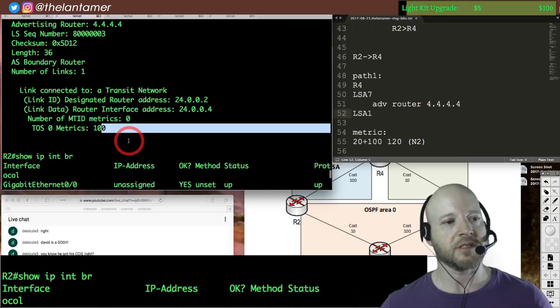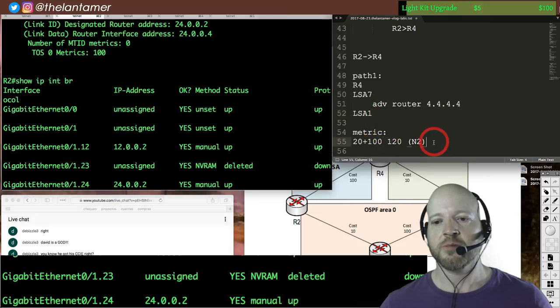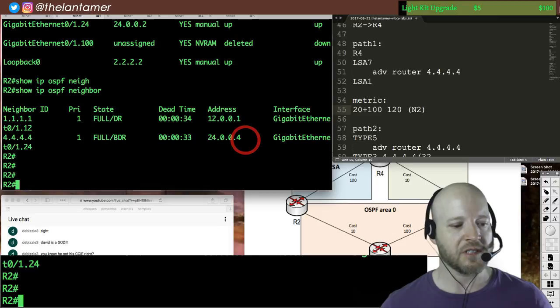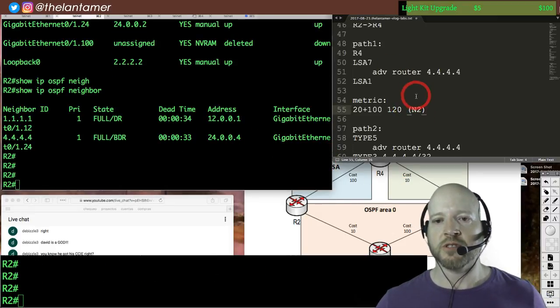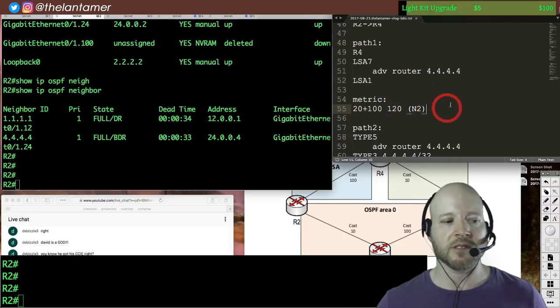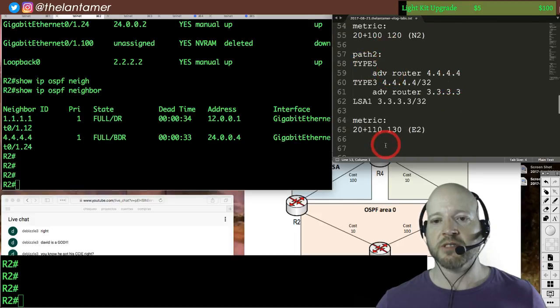The metric is 100. So it should be 120. Now the question is, how about path number 2? Looks like I got path number 1 right so far. I haven't looked at the routing table yet. But path number 2, it says